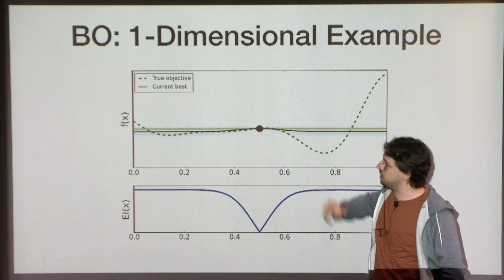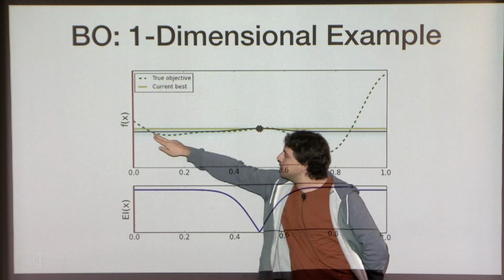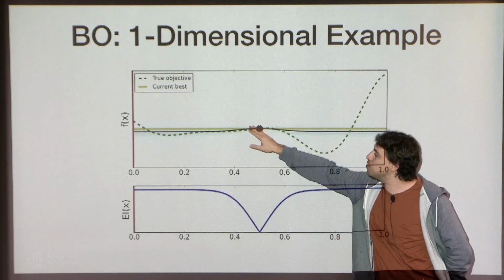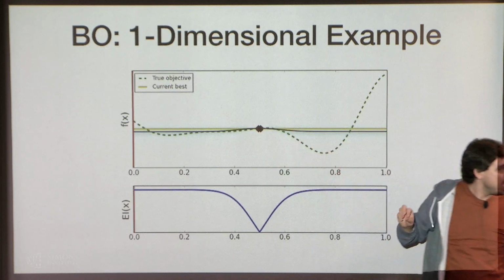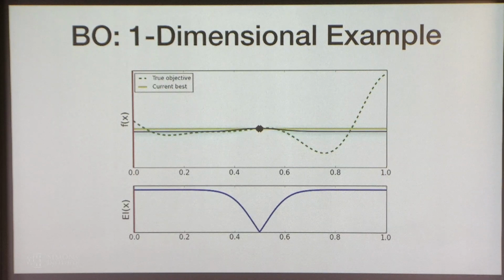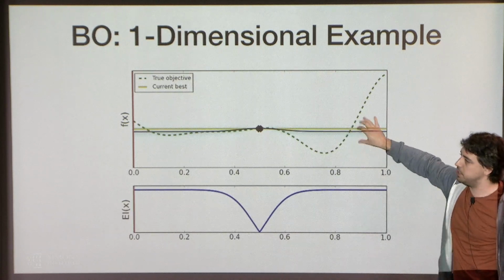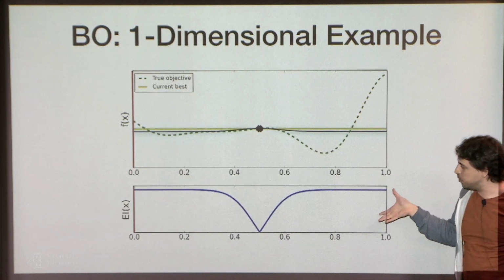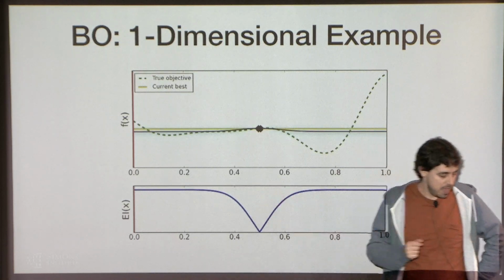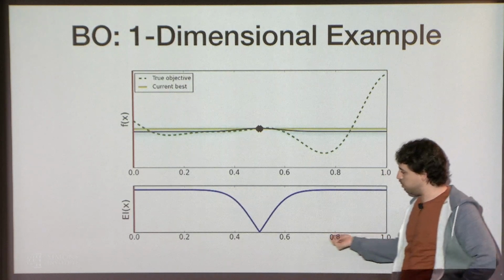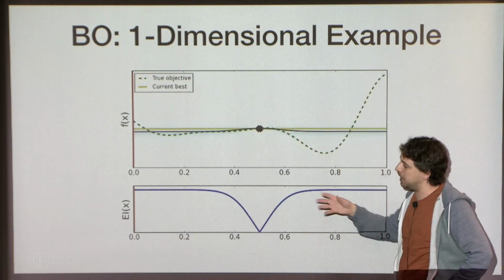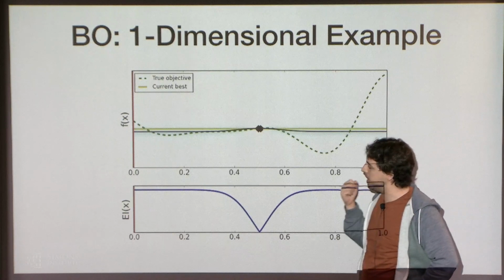So here we just evaluated the function at least in one point. And we have the surrogate model that is this black line that says, well, I just know that the function here at 0.5 has this value, so I'm going to think maybe it's just flat. But there's some uncertainty around this flatness, which you can see in the other screens. And using this mean and this level of uncertainty, we can derive what's called an acquisition function. The acquisition function, in this case, is just the expected improvement. It tells me for each point that I could pick next, what is the expected improvement in information about the minimum that I can get by picking a point.